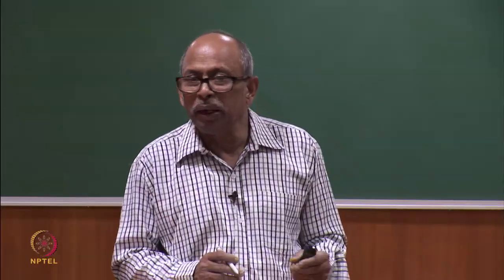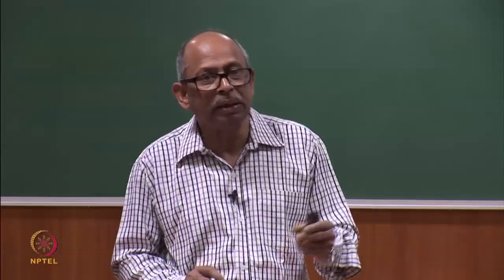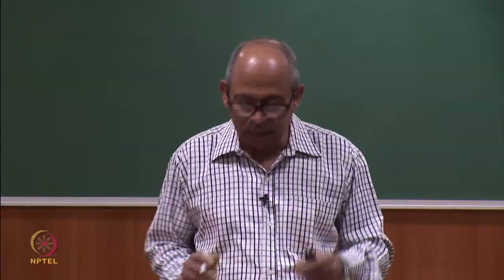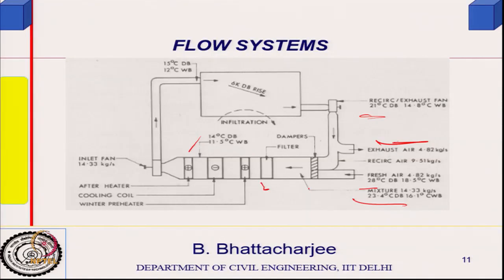So, here 21 and 23, you can see the ratio correspondingly: this is a difference of 2 and this difference is 5. So, 2:5, you can see the mass flow rate would follow. And then after that what is happening is cooling, to a temperature of 14 degrees centigrade with the wet bulb temperature as shown, 11.5 degrees. So, that is where it cools to, and then in this fan there will be some loss, right. Its final rate would be the sum total of these rates.